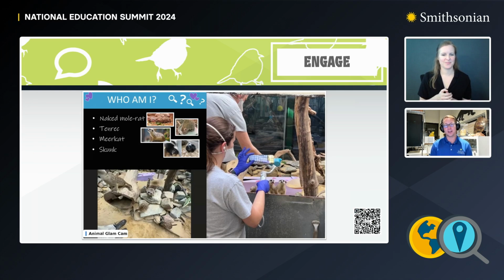So here is a great example. There are 3 things you are looking at. One is the example of a poll I'm going to give you in a minute, so you can actually guess what animal is coming up. It's got the poll, and we're in Small Mammal House on the top left. On the bottom left, there is the meerkat's view that we actually saw during the program. And then on the right shows how we get some of those views. Educators as well as animal care team members will go into the exhibits with animals or bring them to us and get those up close looks, which is really fun. Next.